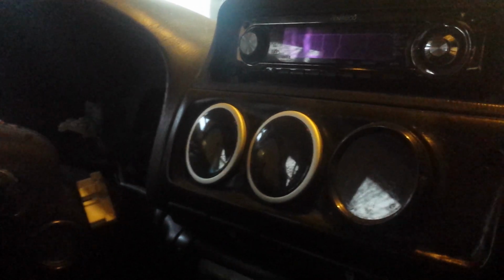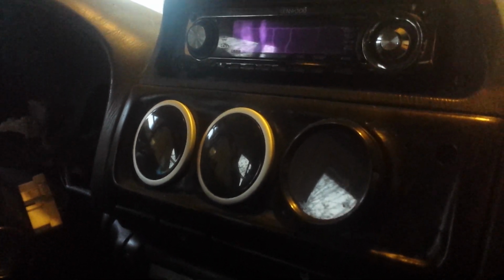Seeing as I didn't have a heater anymore, I decided to turn my heater vents into a gauge cluster. I started building it about 5 years ago, and then I got to the point where the gauges fit, so I stopped because now it worked. So why would I finish it? When you look at it from outside the car, it looks actually pretty awesome, but when you look at it up close, it's just offensive with the amount of unfinished. Just awful. Most of the trim is either missing or broken